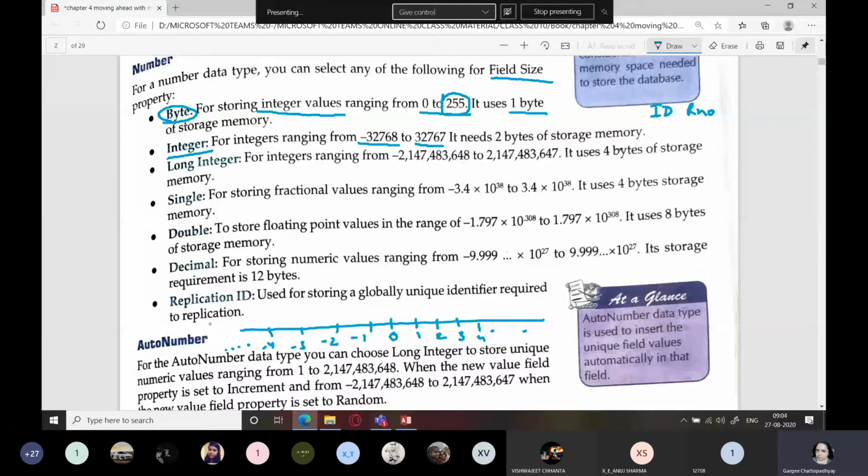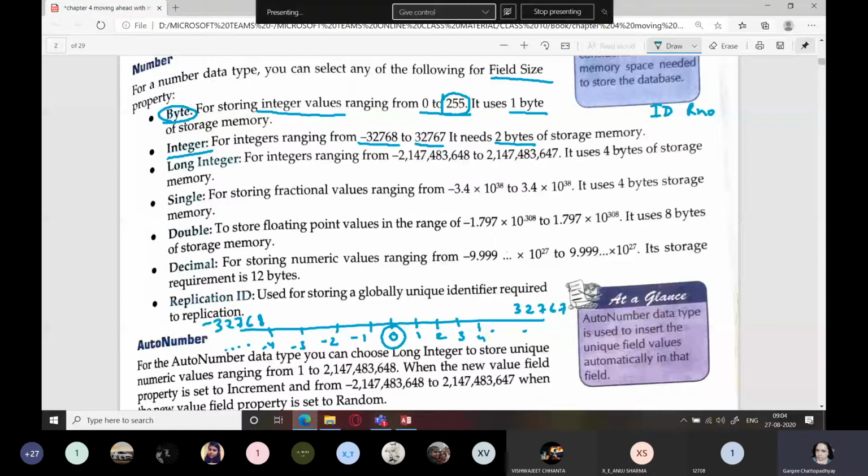In the negative side, the last number is minus 32768, and here it is 32767. In between we have a 0. We cannot take 32768 on the positive side because the 0 is also included over here, and it needs 2 bytes of storage memory.